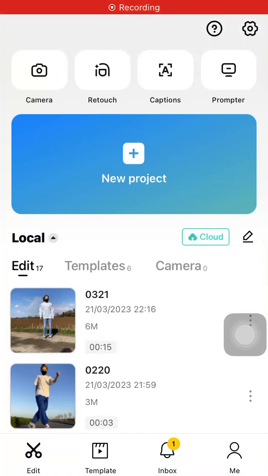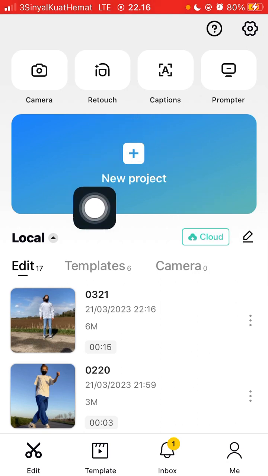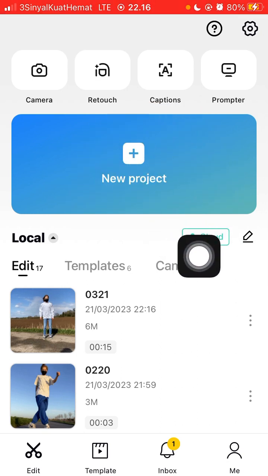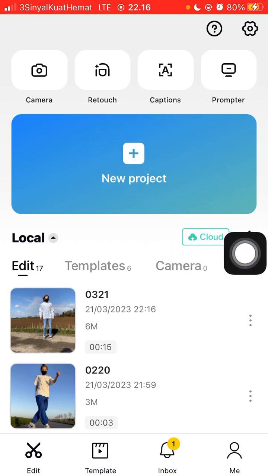Hello everyone, in this video I'm going to show you how you can apply a sliding doors body effect in CapCut app. Alright, tap on your project, select the photo you want to edit, and I'm going to select